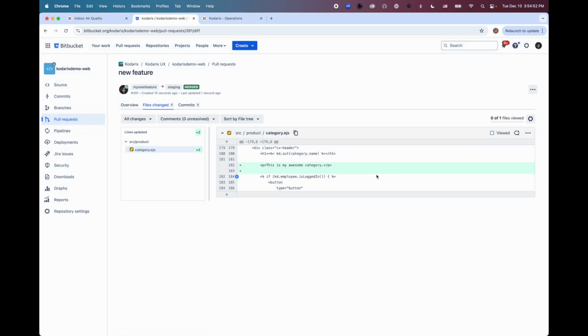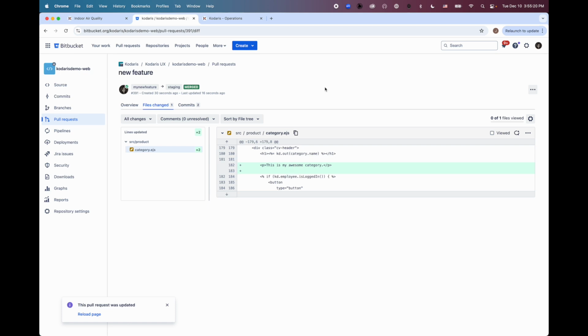Basically, we're pushing the code into this main development branch. Now, at this point, we could wait until maybe after business hours to actually push these changes to the live production branch. Or maybe we have a scheduled release and we're going to hold all changes on the staging branch until we're actually ready to do our release.